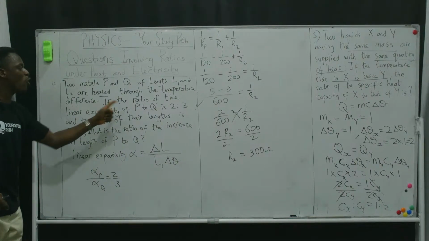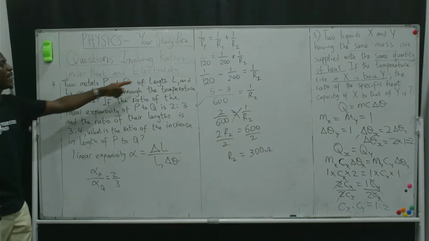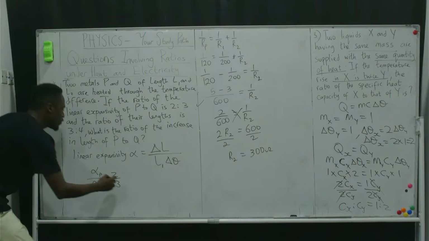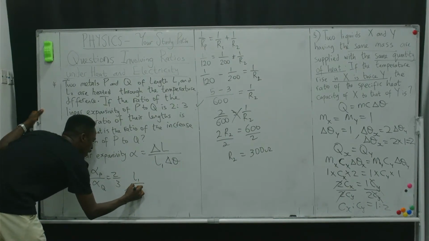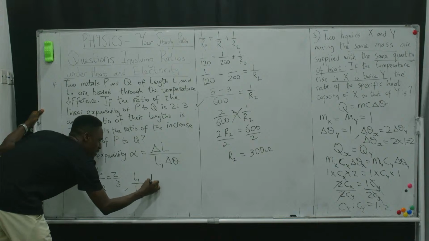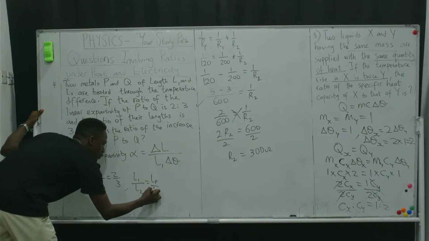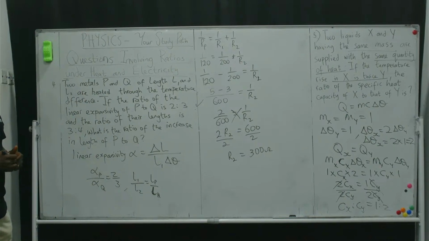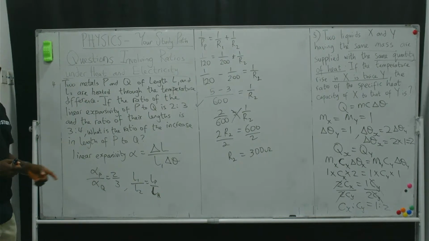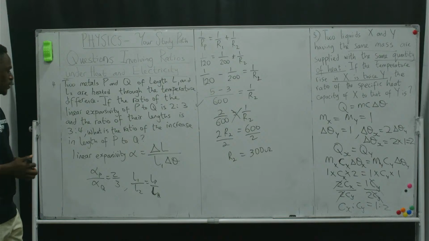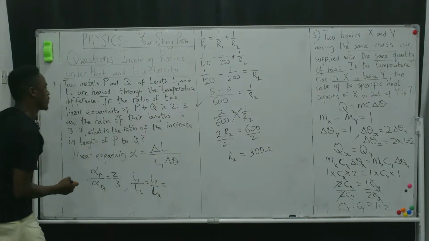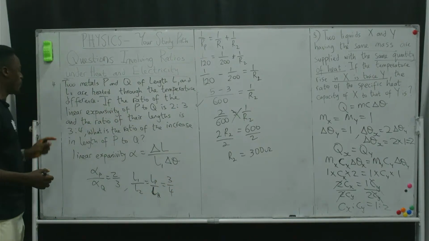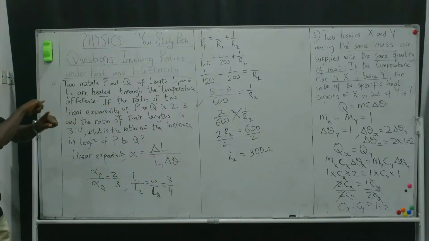Furthermore, the ratio of their lengths, represented by L1 and L2, L1 for P, L2 for Q, we have L1 over L2, the same thing as LP over LQ, is equal to 3 over 4,